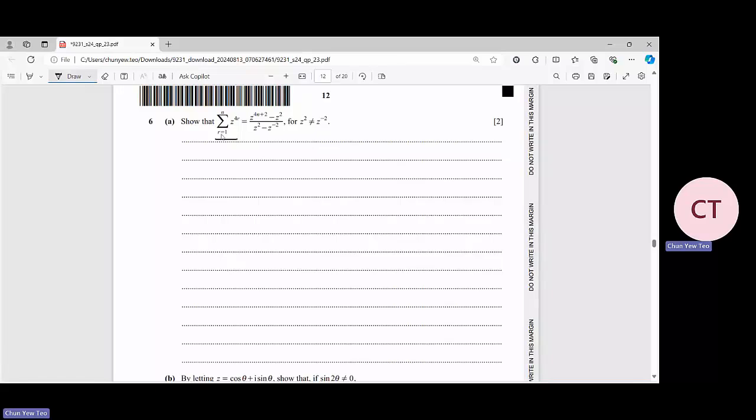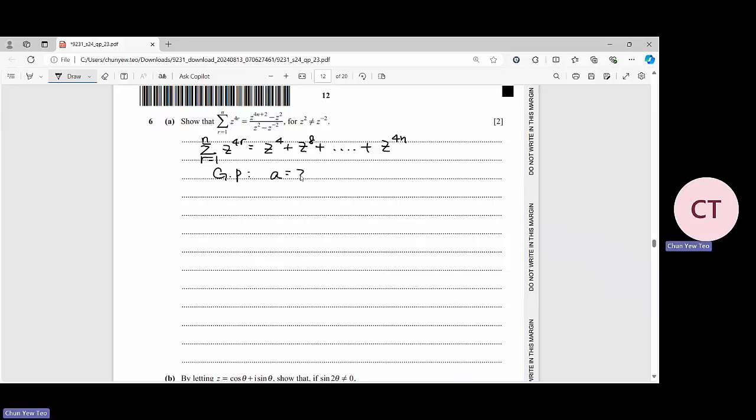Show that the series z to the power of 4r for r equal to 1 until n is equivalent to this expression, where z square is not equal to z to the power of negative 2. So what you need to do is at first, I just write down the left-hand side, and I list them out one by one. It will be z to the power 4 plus z to the power 8 plus until z to the power of 4n. So you can see that this is a GP